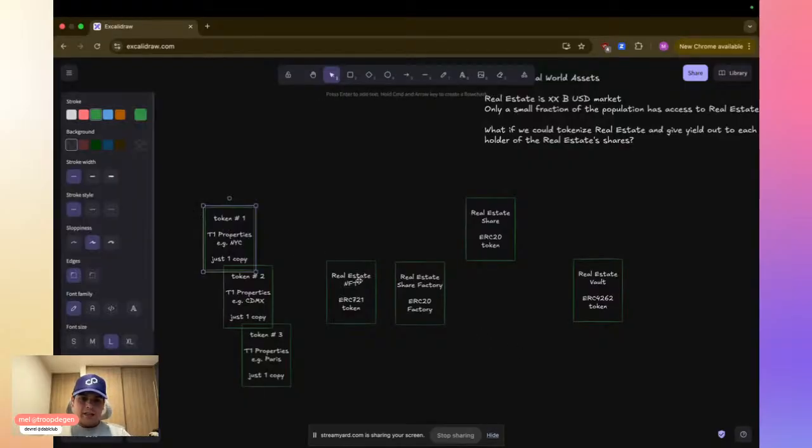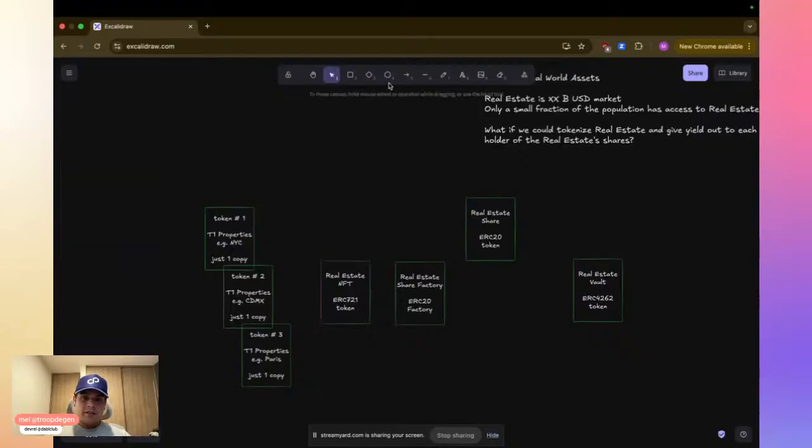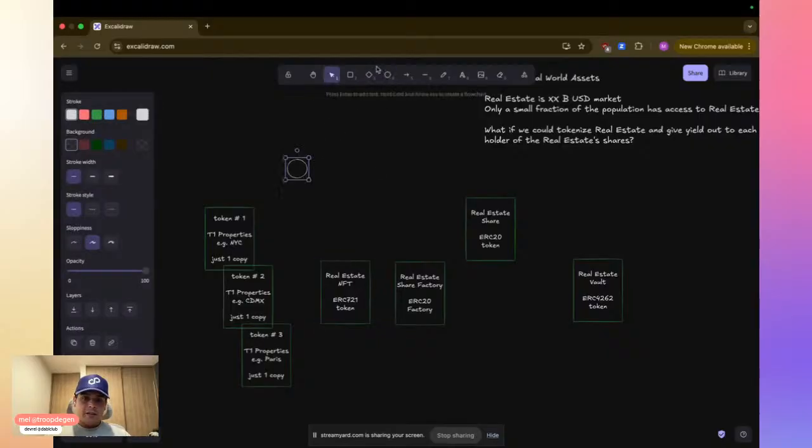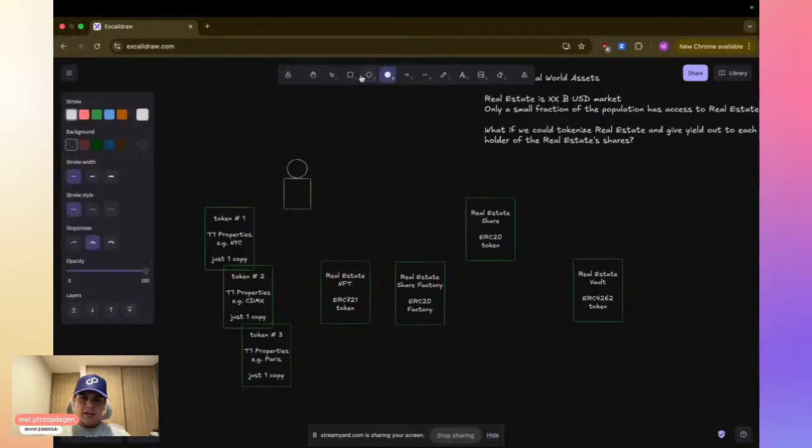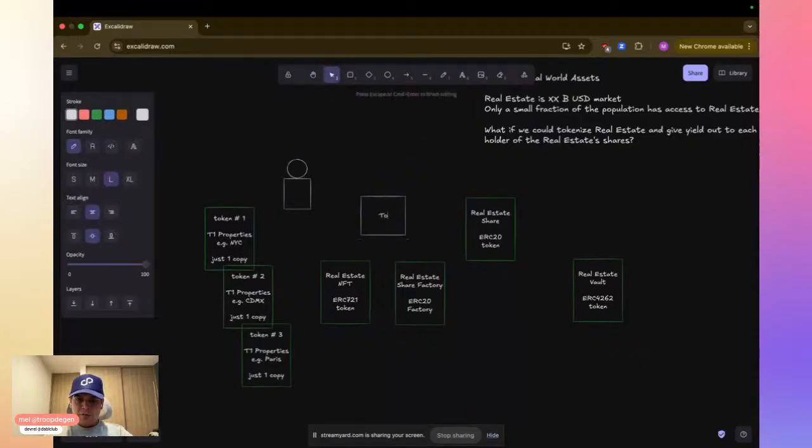So anytime somebody comes and wants to tokenize their NFT, let's say you have a friend that wants to start earning yield on their tokens, and you are the company in this case, an RWA startup.